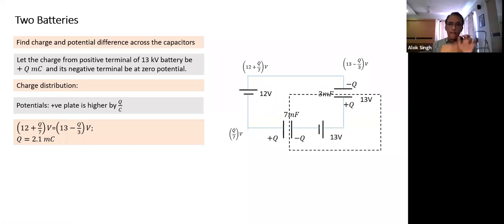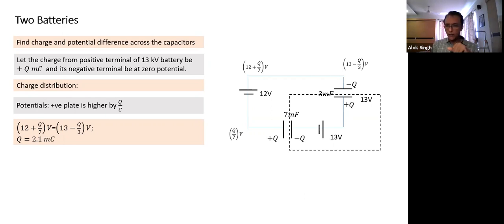Okay. What is the other way I could have done it? See, if I look at these two batteries, are the two batteries connected with the same polarity or opposite polarity? Negative plate to negative plate is connected, not positive to positive; it is positive to negative. So actually these batteries are not acting in the same direction. These batteries are acting in the opposite direction.